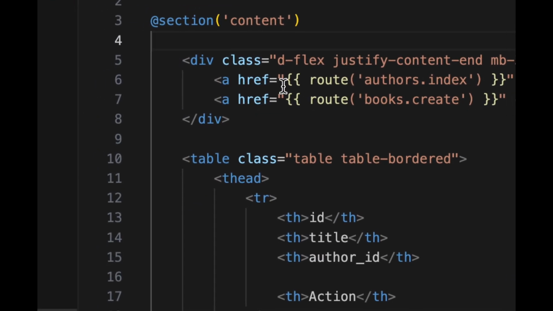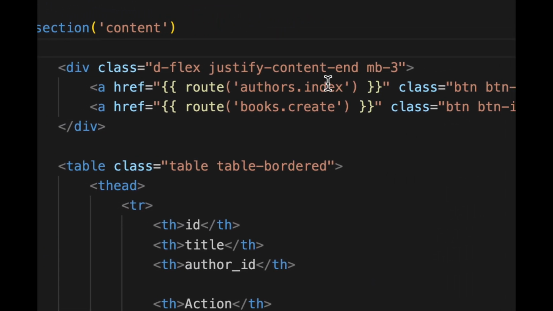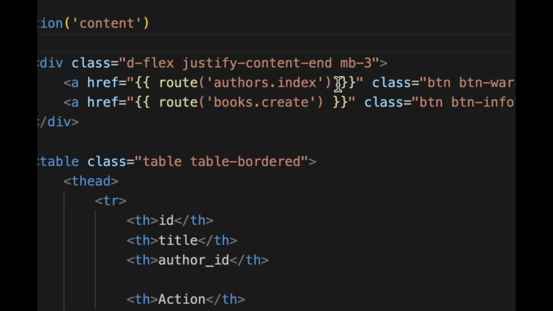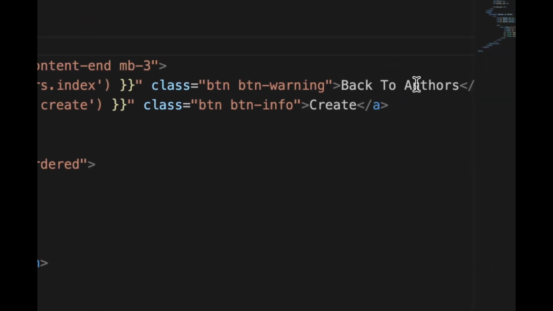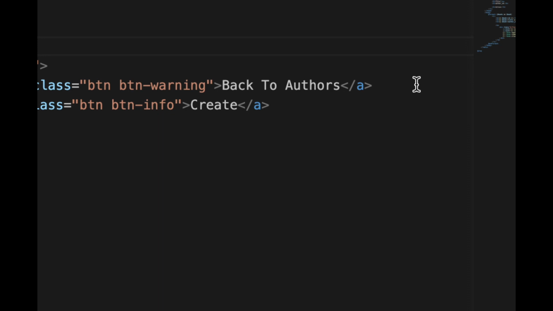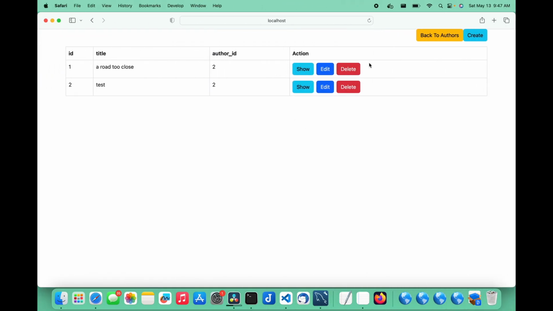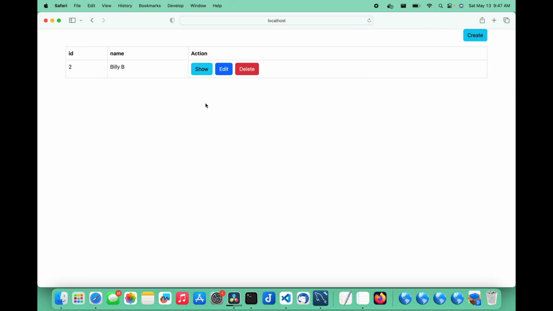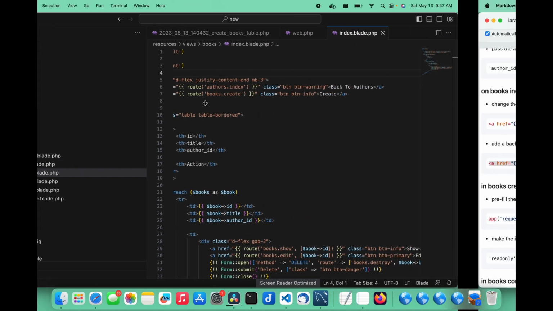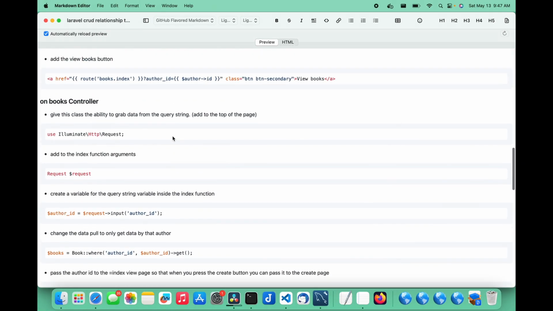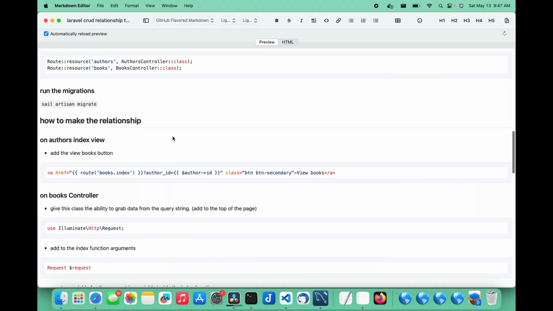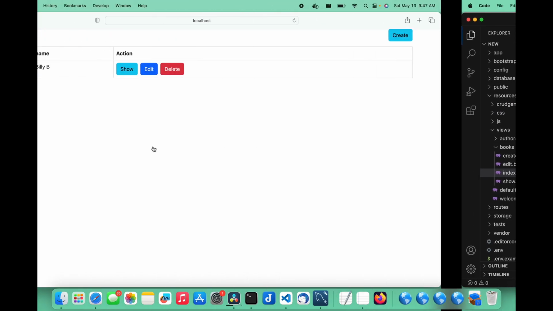It's basically just an anchor tag that goes back to the authors index page, and yeah, that's it. That's all it is. It's pretty simple. So now when we're on the books page, we can go back to the authors page. That's probably the most important first starting point. Okay, so when we're on the authors page,